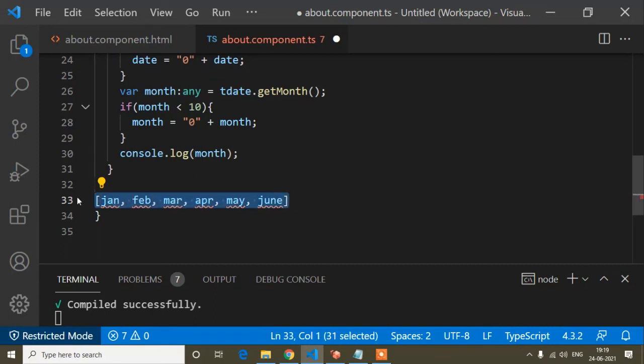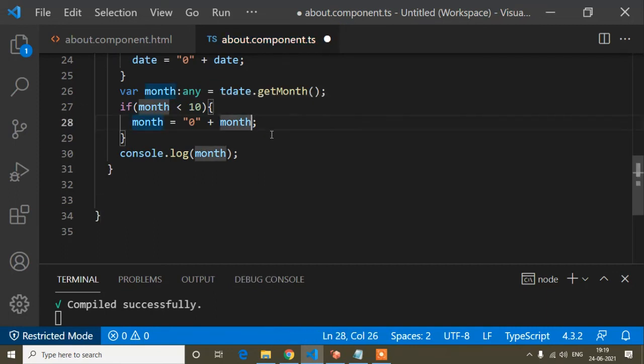Okay, I hope it's clear. So when it's returning 5, that means the previous month, so I will just add 1, so that it returns today's current month, because it's returning 5 and the current month is 6. If I add +1, it will return 6. And why does it return the previous month?